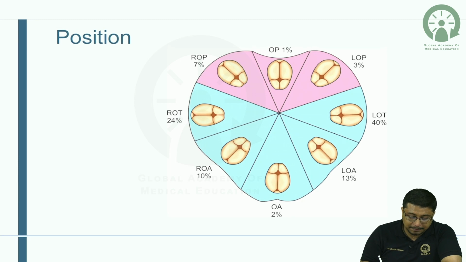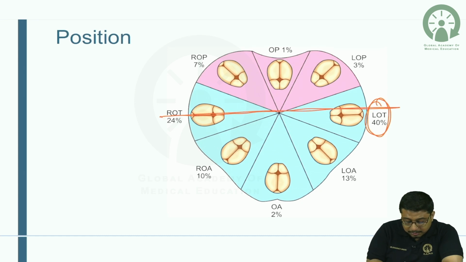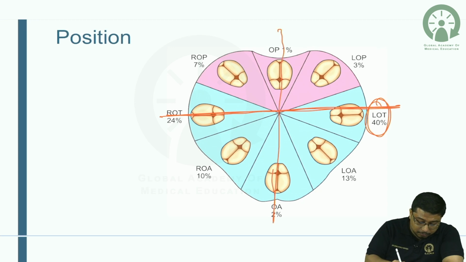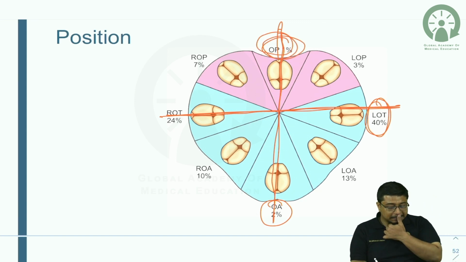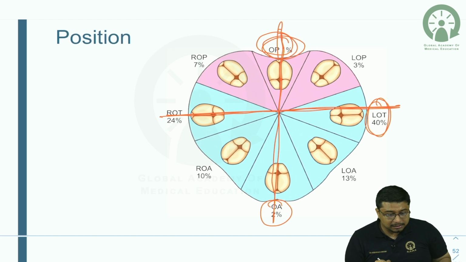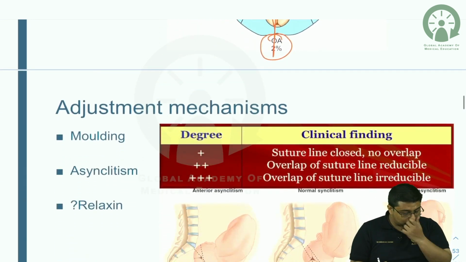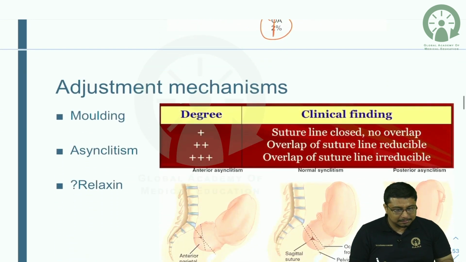is the direction of the longitudinal suture and the occipital bone in terms of the maternal bone. So most common position is left occipitotransverse, where the longitudinal suture exactly corresponds with the transverse diameter, whereas when it corresponds to the anteroposterior diameter, these are direct diameters, occipito-anterior and occipito-posterior. Occipito-posterior is the rarest, and normal delivery is possible but difficult. So coming to the adjustment mechanisms,